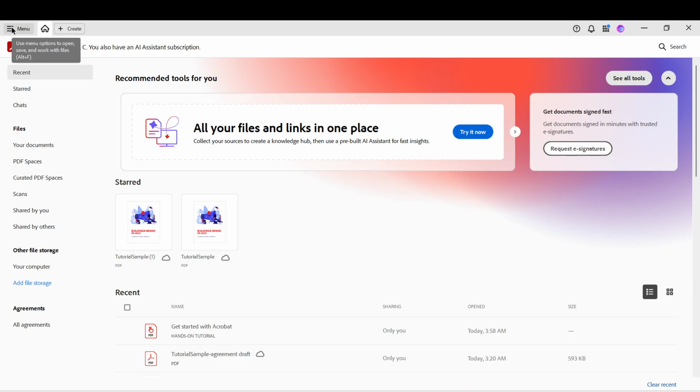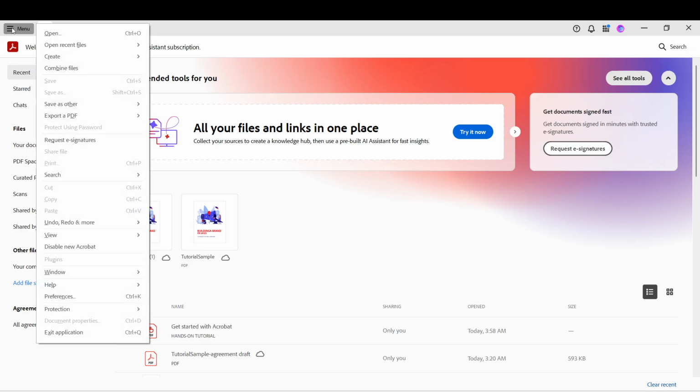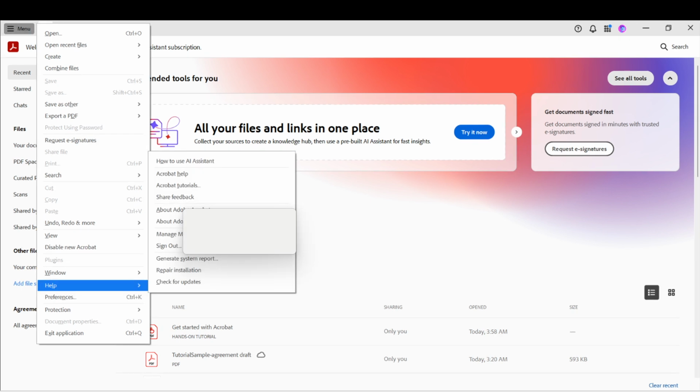On Windows, look to the very top left corner of the Acrobat window. Click the menu button you see there. Depending on your version, it may appear as 3 horizontal lines, a small app icon, or a labeled menu control. If your window isn't maximized, you might need to expand it to see the full set of options. Once you open the menu, you'll get a drop-down list with the common tools and application commands.